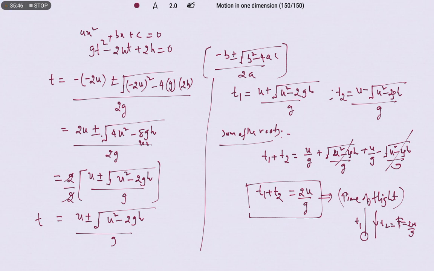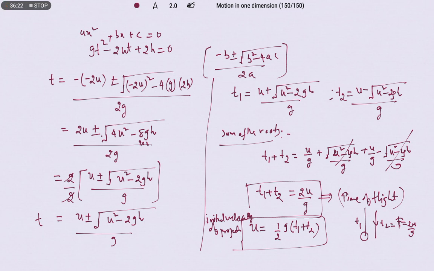Sir, what is the use of this expression? With the help of this expression, with the roots, we are going to find out the initial velocity. So velocity of projection, what are we going to get? u is 1 by 2 into g times of t1 plus t2. So it is our velocity of projection. Very important application. So with the help of the sum of roots, we are going to get the velocity of projection of the body.